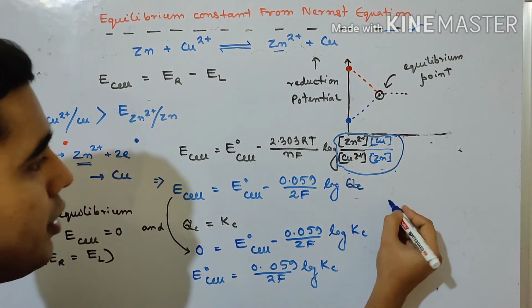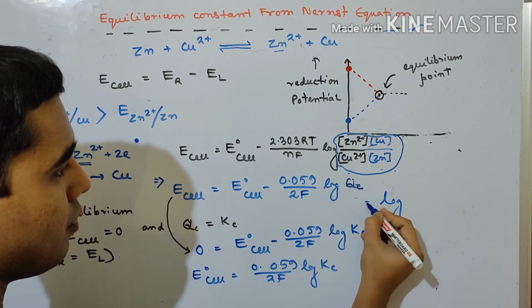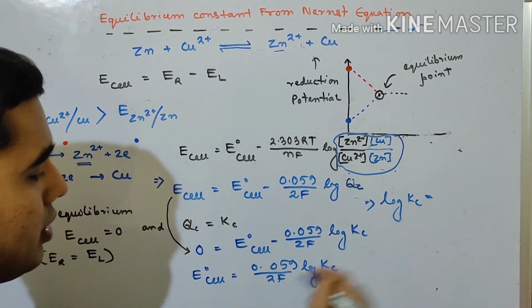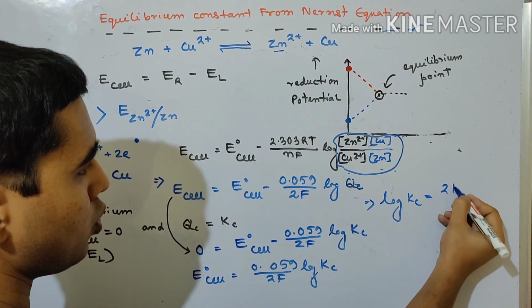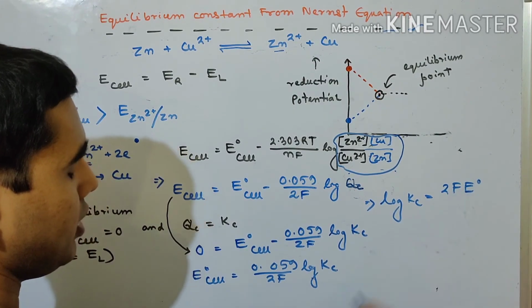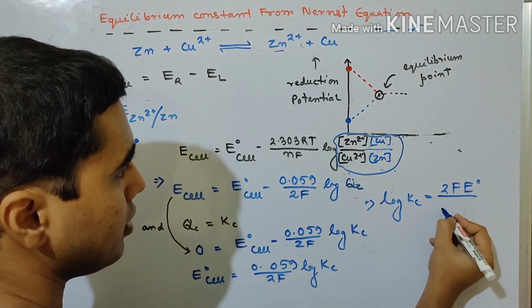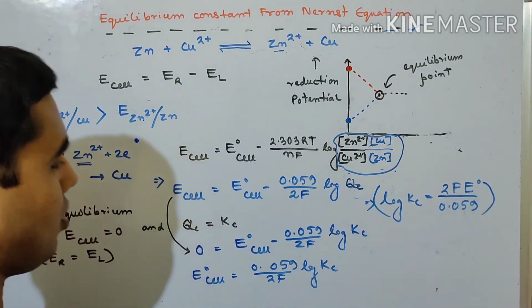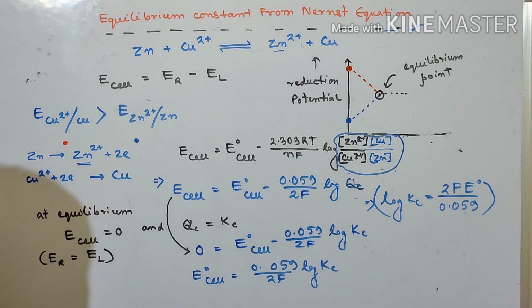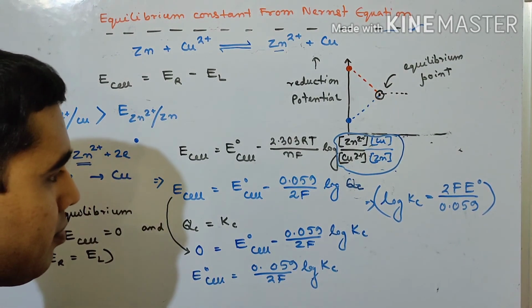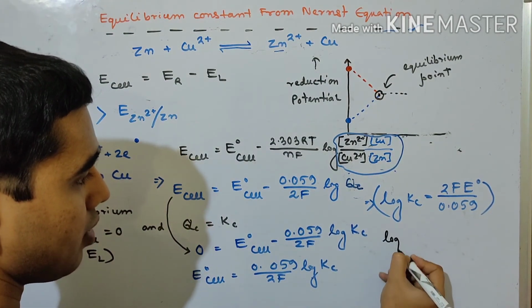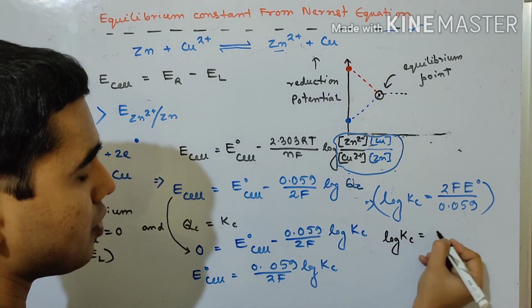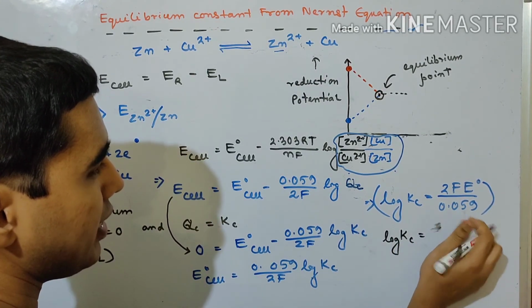Furthermore, it should be log Kc is equal to 2F E0 by 0.059 for this particular case only, and in general it should be log Kc is equal to